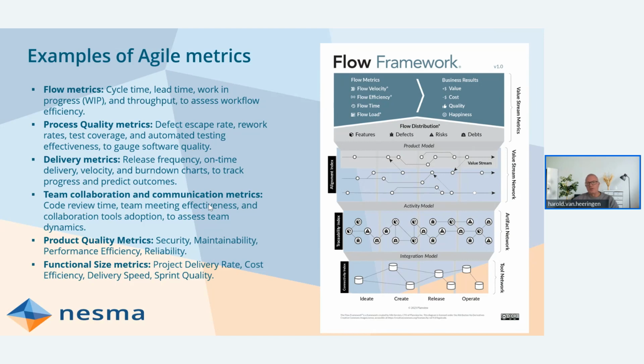As you see on the right, you see a picture of the flow framework about the first metrics that are here. So these are all metrics that you can use, and especially I would say the first 5 are often used by teams. And the functional size metrics that we're going to explore a bit later, we use to create an overview, because these are metrics that are objective and they look at the output of the teams produced. The output of product, I mean.